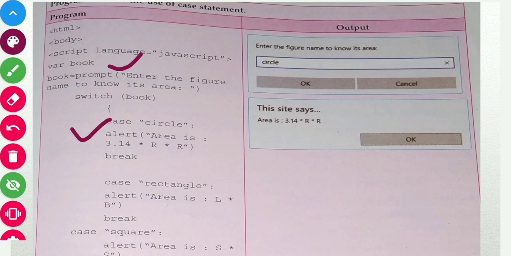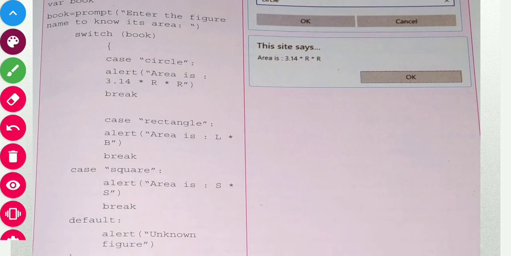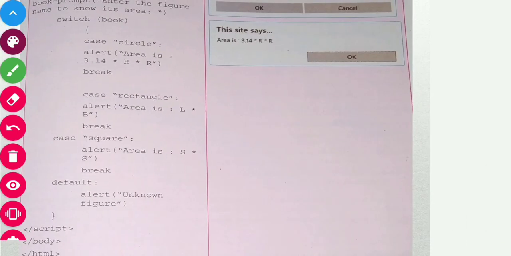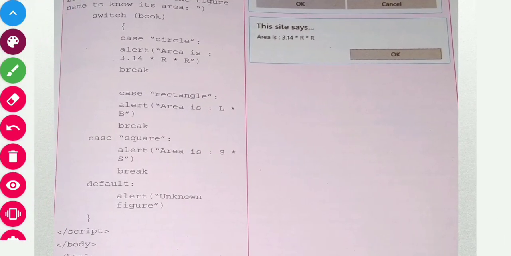First of all, in the first case we have put circle. If the user enters the circle figure name, then this part will execute. If the user enters rectangle, then it will execute the rectangle's part. If the user enters square, then it will give the case of the square. If anything other than these, then we'll use default, which is the part known as unknown figure.